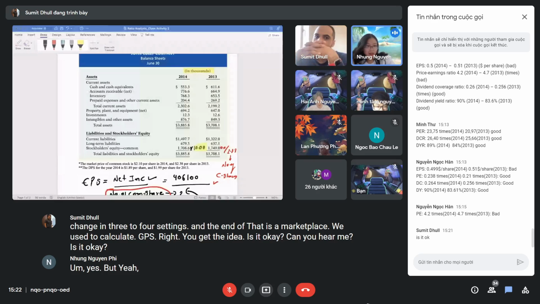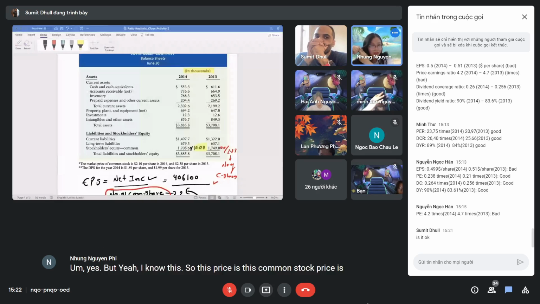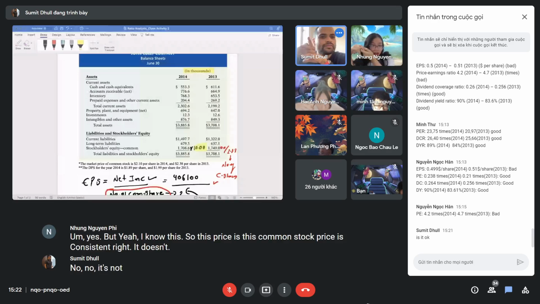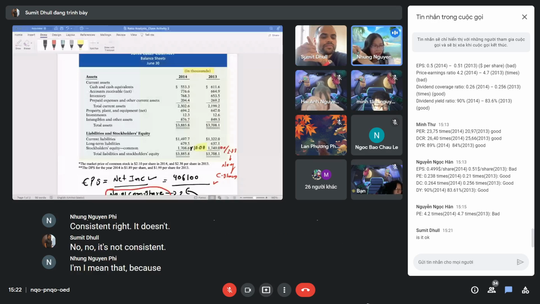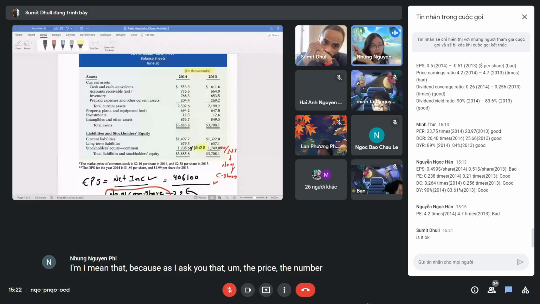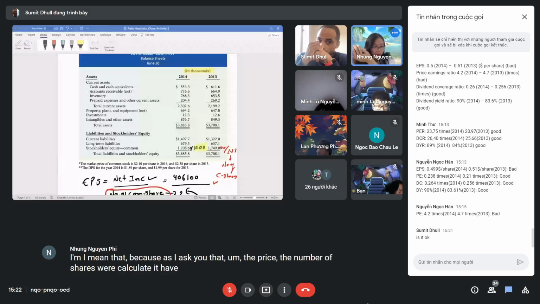Yeah, I know this. So this common stock price is consistent, right? No, it's not consistent. I mean, because as I asked you, the number of shares we calculate is half point zero. So